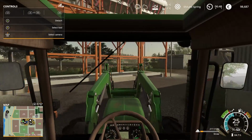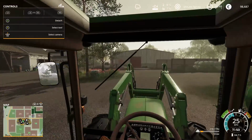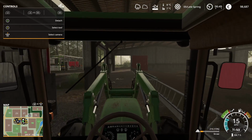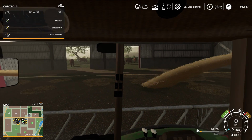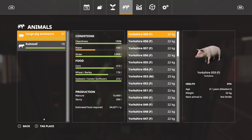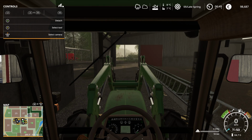I'm a little bit concerned purely because I'm not sure how much straw we have left, so that might be a little bit of a problem. Let's head over here. See what we've got left on this one. There we go, in we go. And we'll throw some more in there. I think we're going to be running short, so let's have a squiz. What do we got? Okay, so the pigs are fine for straw. The cows will be fine for straw until we sort it out at some point, so...